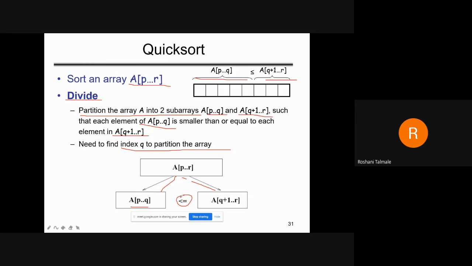In the previous case, in the merge sort, we are not verifying this condition, whether it is smaller or less. After divide, then we will perform the comparison. But in this case, we will consider one reference element. हम लोग एक reference element consider करेंगे और फिर with the help of that reference element, this reference element is called a pivot element. And pivot elements में जो भी हम लोग ये array से elements लेंगे, if it is less than this pivot element, we will keep it in this array. And if it is greater than the pivot element, we will keep it in this array. Okay, this procedure we will use in the divide step.